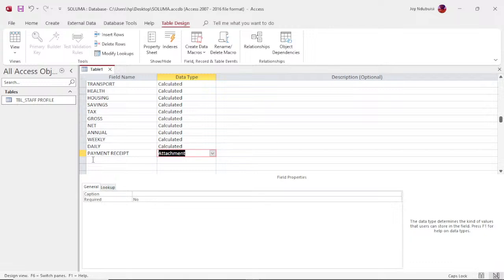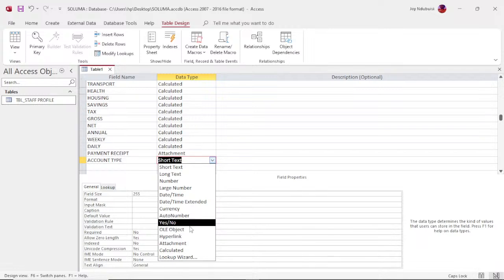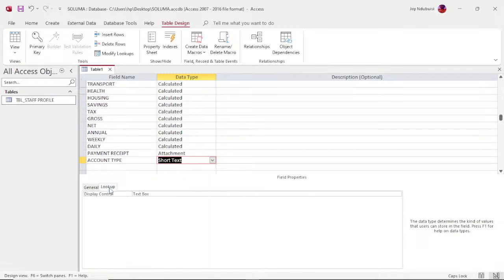Then account type, that will be, okay, let's use, that will be,